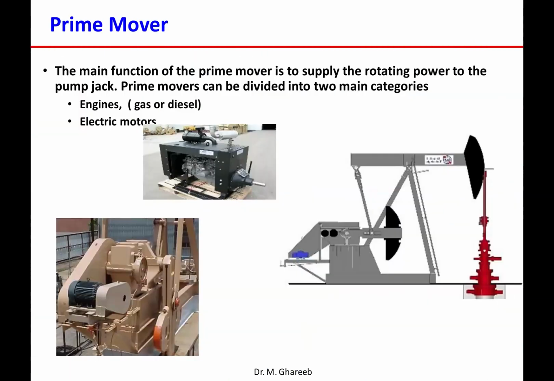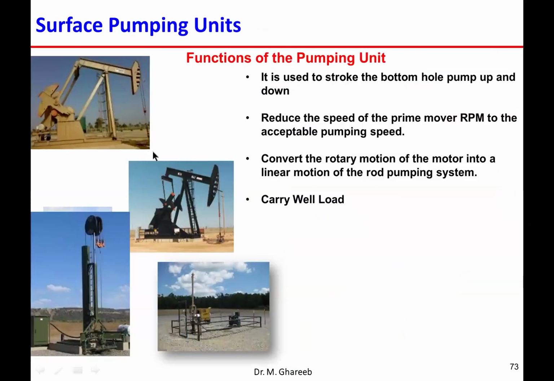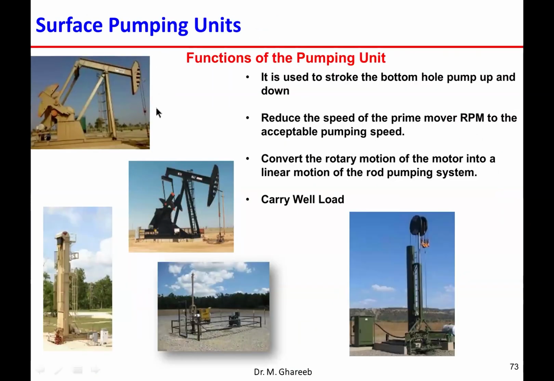Coming to the surface equipment. Surface equipment is very easy, and its only function is to produce a reciprocating motion, which transfers through the rod string to the downhole pump. Mainly, we have the pumping unit plus the prime mover. The pumping unit on the surface produces a reciprocating motion up and down, used to stroke the bottom hole pump, and also to reduce the speed of the prime mover to the